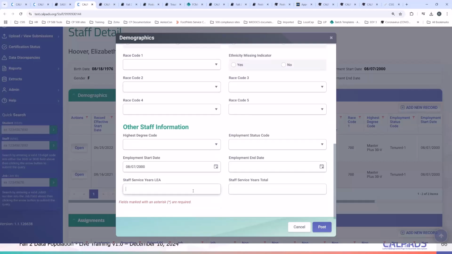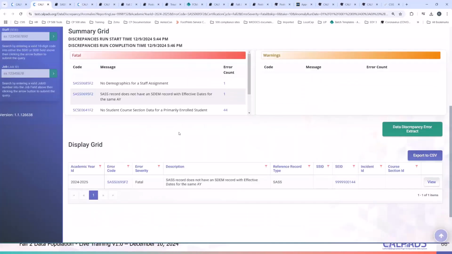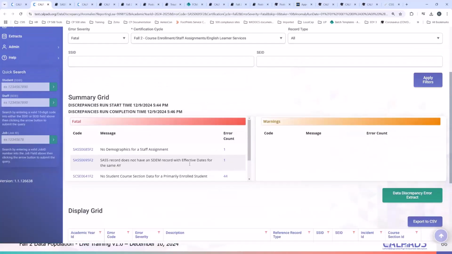And then, of course, the staff service years. Make sure the staff service years reflect the total years of service in the LEA, as well as the total years of service as a certificated teacher. Right? So once you post that, and then the data discrepancy refreshes, this error will fall off.